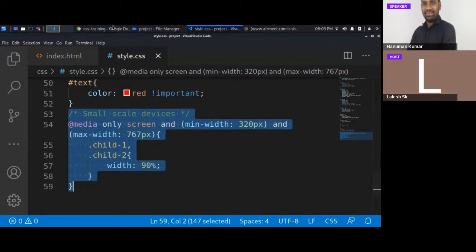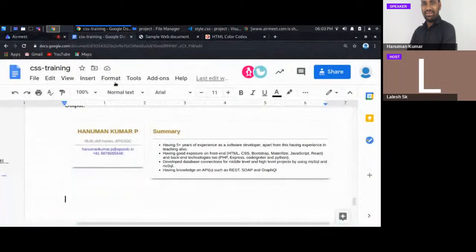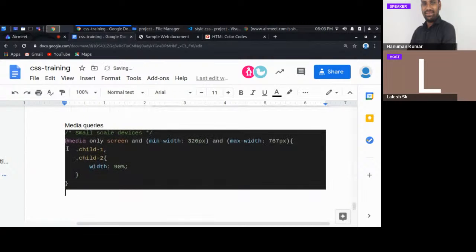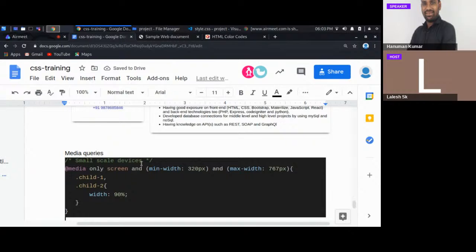So let me save this, copy and paste it in the document. This is for better understanding. Media queries. This is for mobile device, and